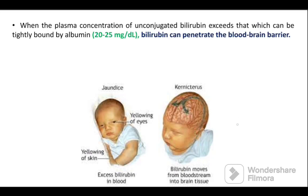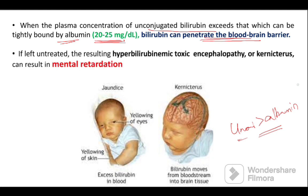Now, if the unconjugated bilirubin content is more than the amount of albumin, because albumin acts as a transporter for the bilirubin and delivers it to the hepatocytes, and if it reaches between 20 to 25 mg per deciliter, this bilirubin can penetrate the blood-brain barrier. When it penetrates the blood-brain barrier, it results in hyperbilirubinemic toxic encephalopathy, otherwise called kernicterus, which can